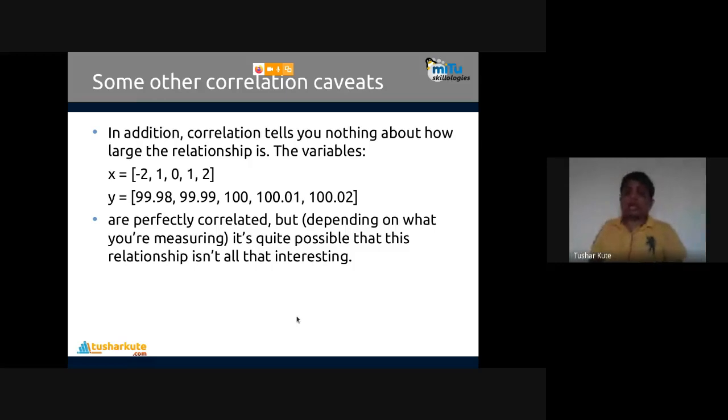So it's very important to know what we are measuring, because depending on what you are measuring, it's quite possible that the relationship isn't all that interesting. This is a thing that we need to consider while using the correlation technique. So direct inversion is possible. This is an extra ability given to the correlation methods. We may create another independent variable out of it. See, the same number I'm using, I'm transforming that data into another pattern using the original data. And after transforming, I got a relationship.